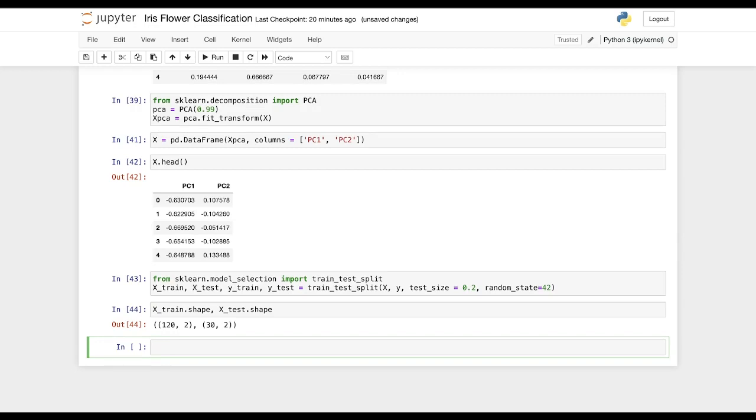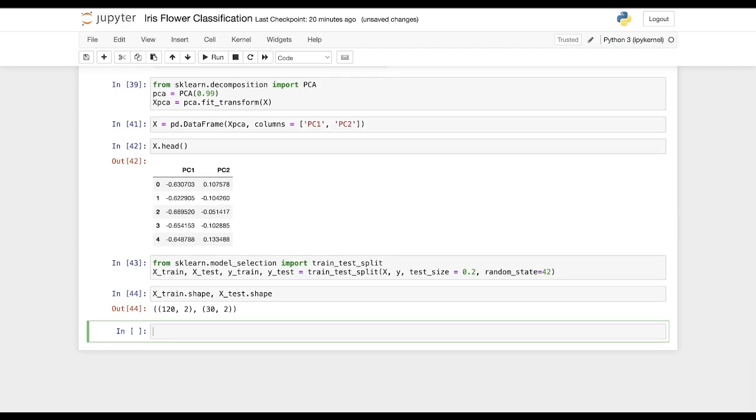Now that we have performed train test split, next we want to choose which particular classification algorithm is better to work upon. To choose, you can just randomly say that whatever algorithm you want, like naive Bayes, support vector machine, logistic regression, anything you can choose. But if you want to be more technical, you just implement the K-fold cross validation in order to select or choose the best algorithm to build the model upon.